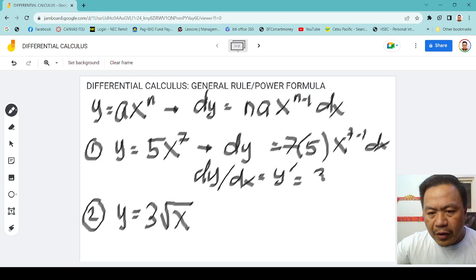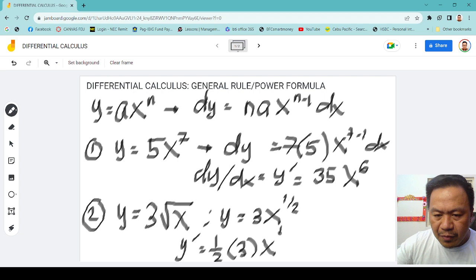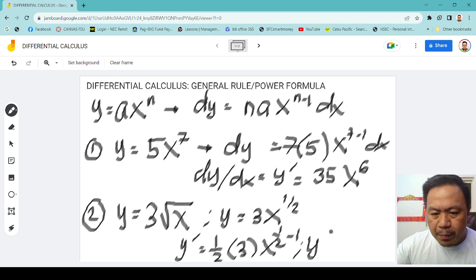Okay, so for example, this one, we can just rewrite first y is equal to 3x to the power of 1 half. Okay, so instead of doing this one, you can just go straight with the y prime. And then you have 1 half. Okay, and then you have 3x. 1 half minus 1 is actually negative 1 half. Okay, so in other words, y prime is just equal to 3 halves and then x to the negative 1